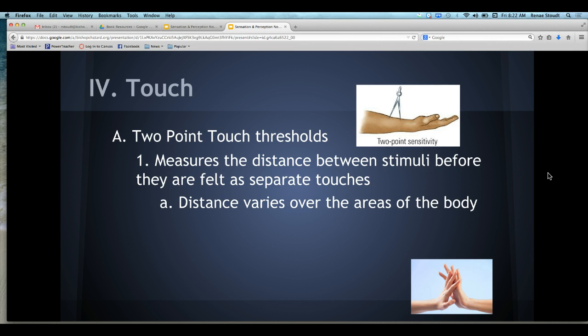Is this related to acupuncture? Yes. Acupuncture has a lot to do with your touch sensations and where the sensations can trigger other areas of your body. Wait, what is that? Acupuncture is basically when you put needles in specific areas of your body to try and...